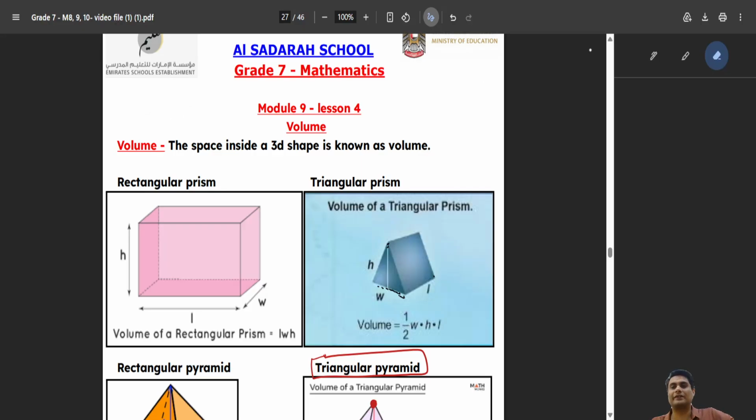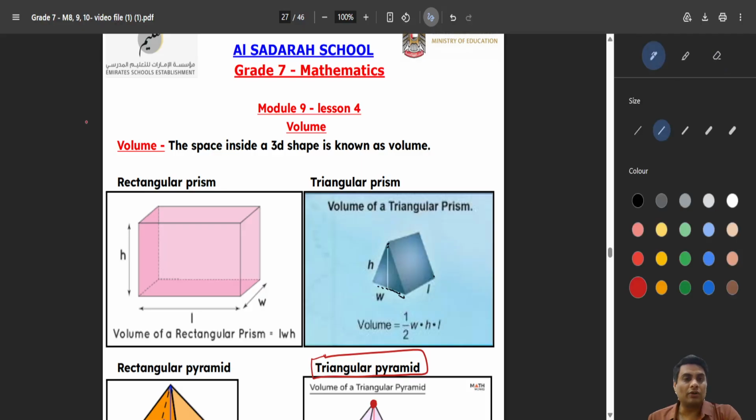Sorry, how to find their volumes. So first of all, let us discuss the prism. How will you find the volume of a prism? Any kind of prism. The basic formula is find the base area